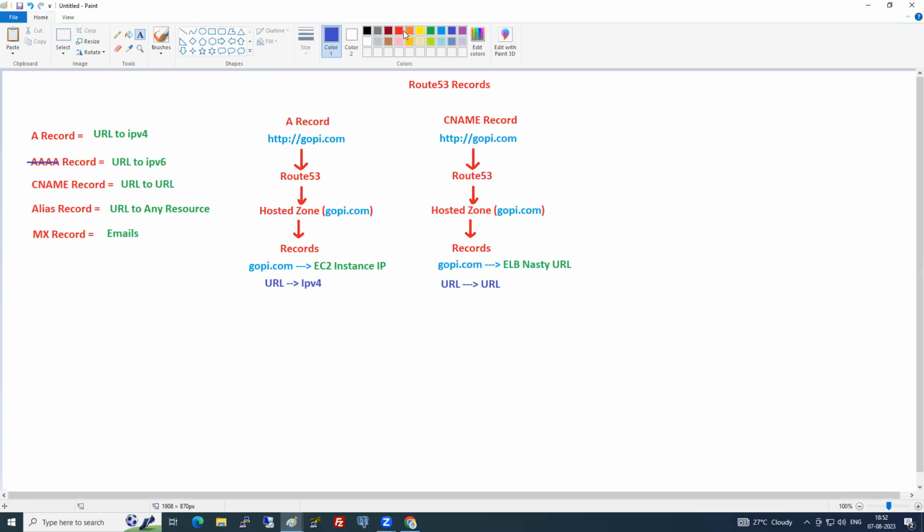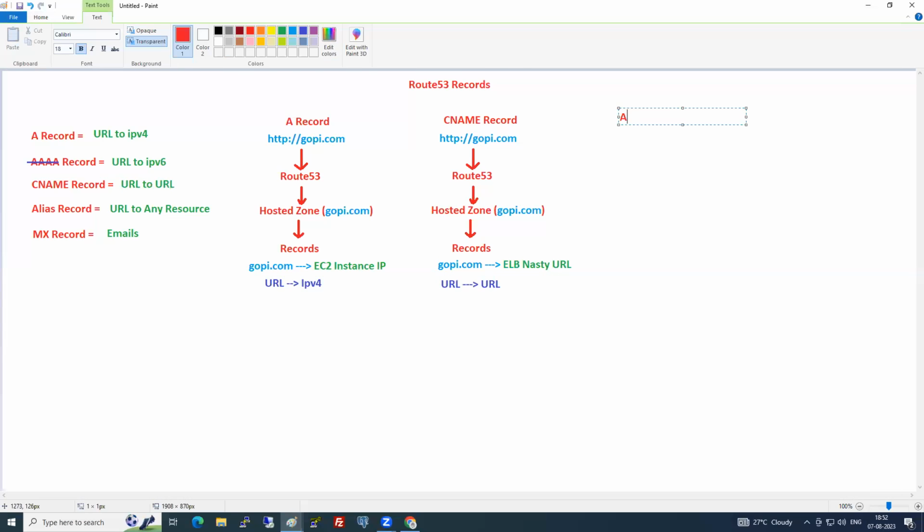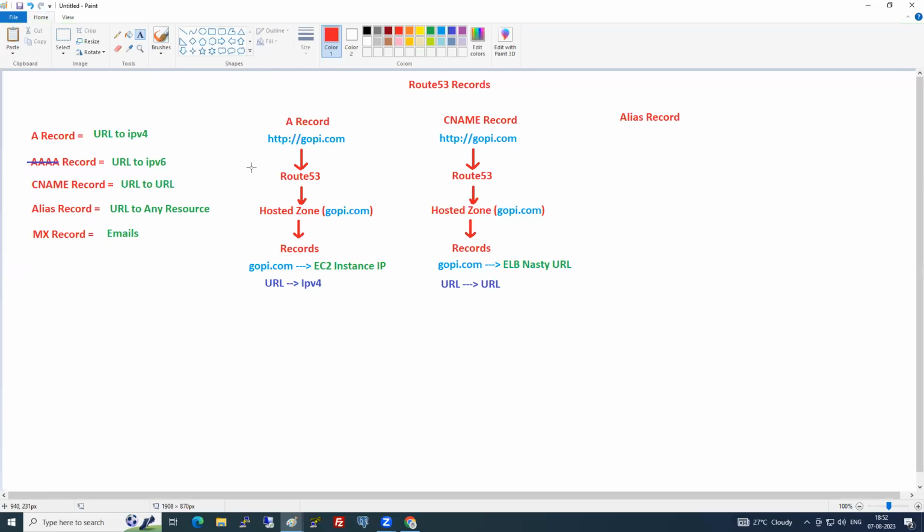What is the next record? Alias record. The alias record is also similar to CNAME. But do you remember what alias means? Nickname, right? Let's say Gopi alias. Alias is nothing but another name.